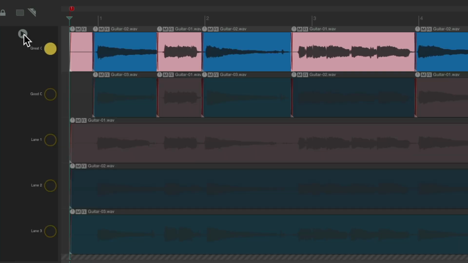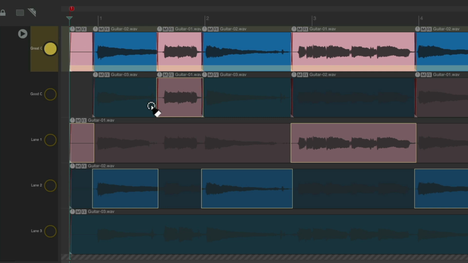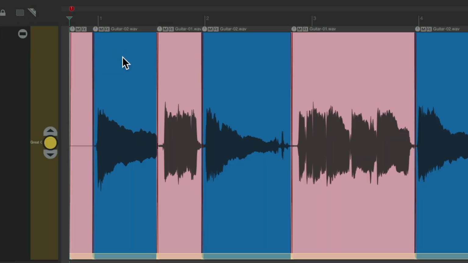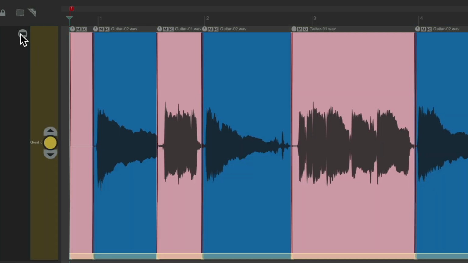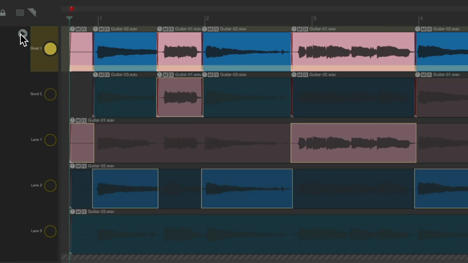Click it again to see our many lanes, like this. Click it, it goes back to one lane view. Or we could shift click it to switch to large lanes, shift click it again to go back to small lanes. So we can get either behavior by clicking it or hitting the Shift key,